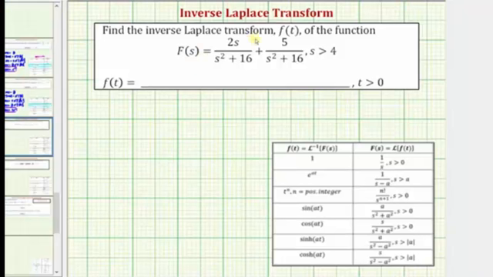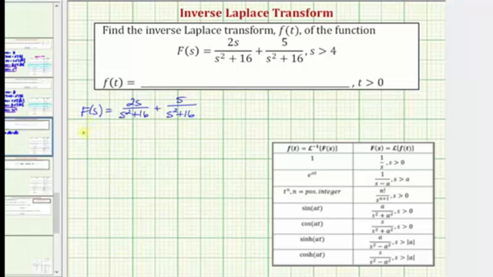We want to find the inverse Laplace transform of big F of s in order to find the function f of t. So beginning with the given function big F of s equals 2s divided by the quantity s squared plus 16 plus 5 divided by the quantity s squared plus 16, we'll take the inverse Laplace transform of both sides of